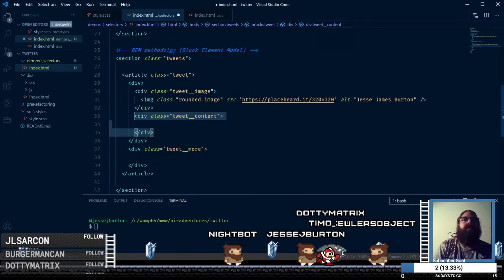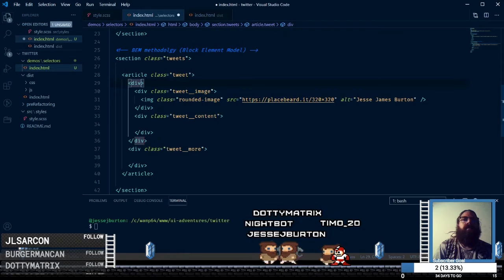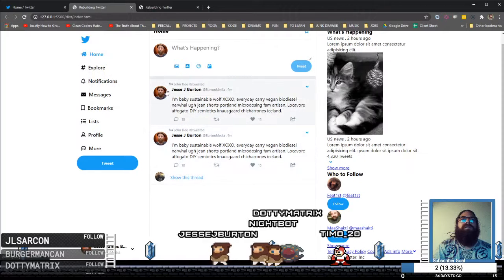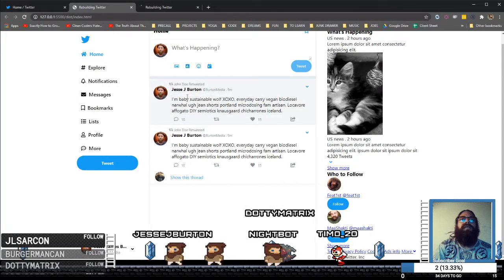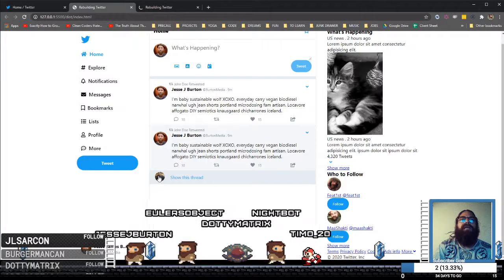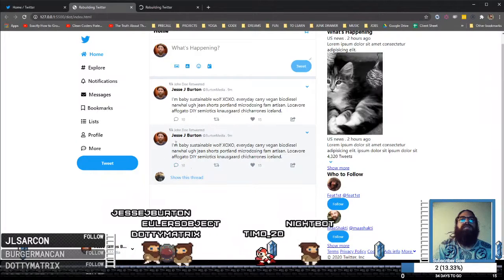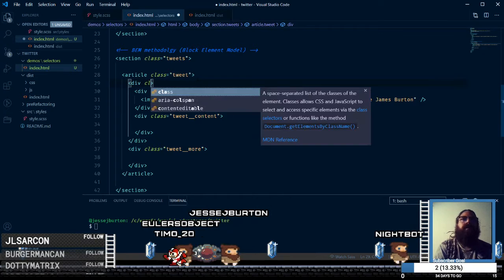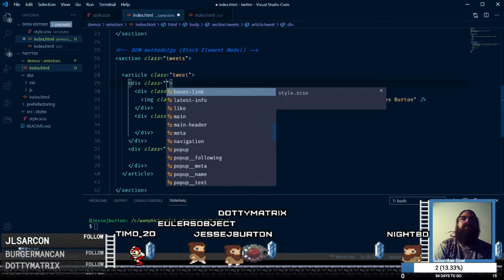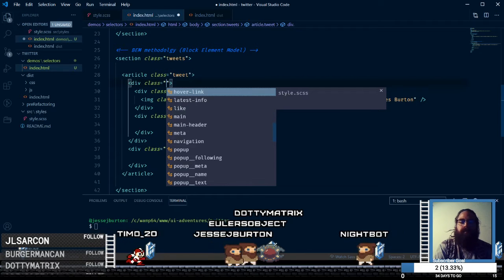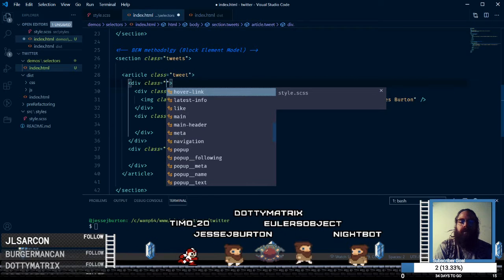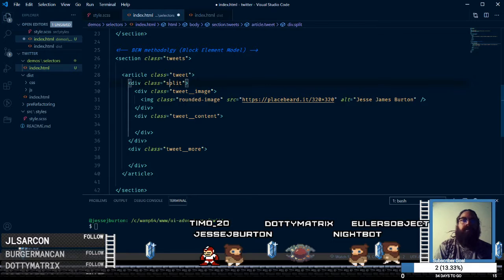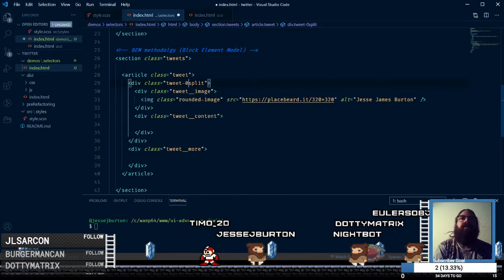So then in here, actually, the reason that I would do this is because these two follow the same format. So if we take a look, there's an image, there's two columns, there's an image and then a content section, and then the same thing down here, there's an image and then a content section. So these two follow the same format. So the reason I would want to do that is then I can give this, say, a class of, I'll call it split. I'm just going to call this a tweet split